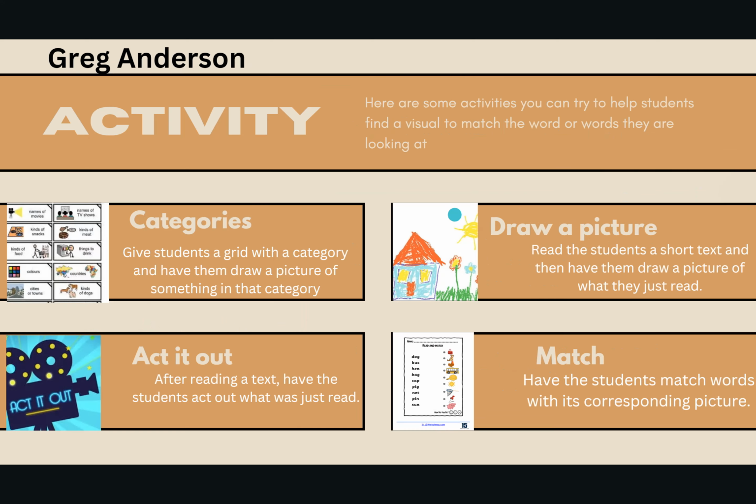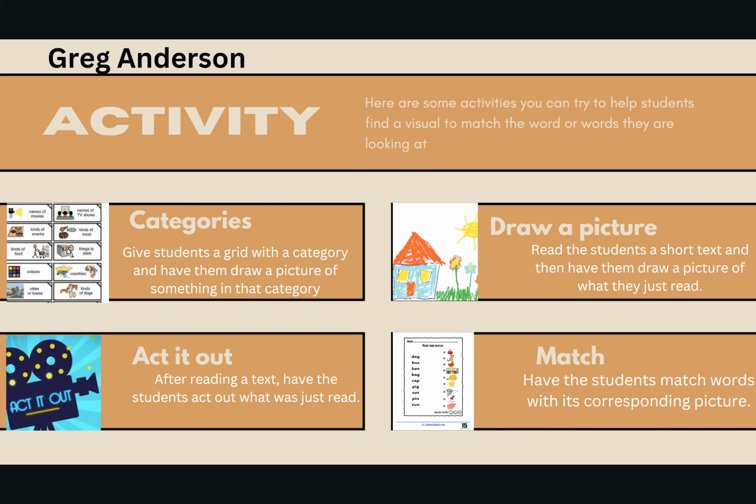Okay, so here are some activities that I've come up with. Categories. This is where you give a student a grid with some categories already written on it and have them draw a picture of something in that category. You could fit this into all sorts of assignments, right? Just general categories for your basic readers. But when you get into higher grades, you can use more specific categories. Like if you're reading a book, what happens to these characters, or this situation, or this part of the chapter, where you can break it down into more specifics and have them draw a picture of each different thing, right?